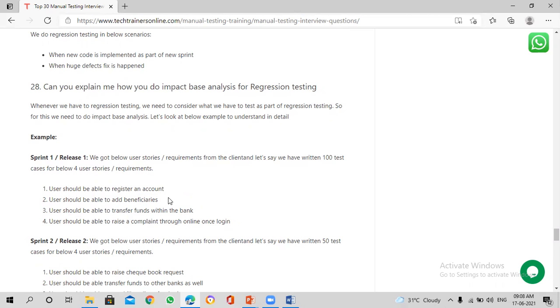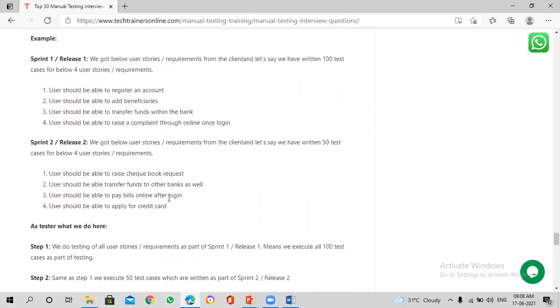Now, in case you have not done this impact-based analysis in Sprint 2, and you don't do this testing again, maybe the developer would have introduced a defect in Sprint 1 functionality because of this new feature. If the client finds a defect in UAT after deploying Sprint 2, funds transfer within the bank is not working, but outside the bank it is working fine.